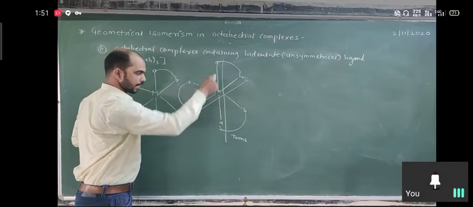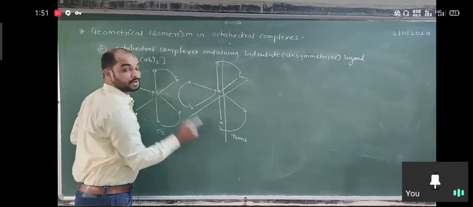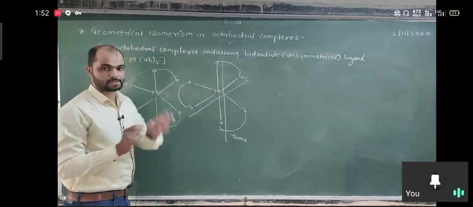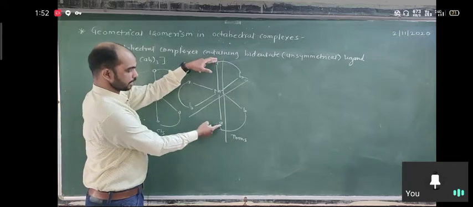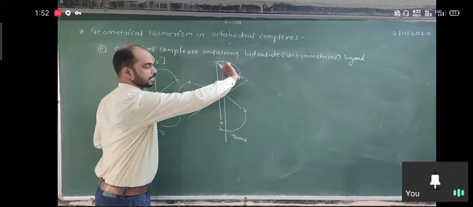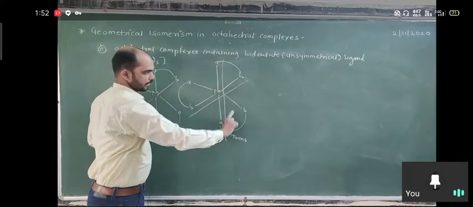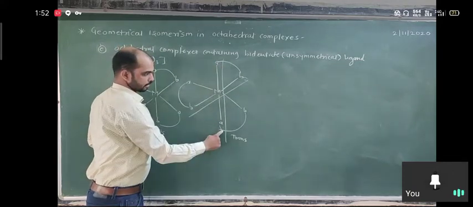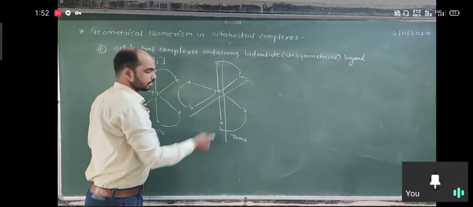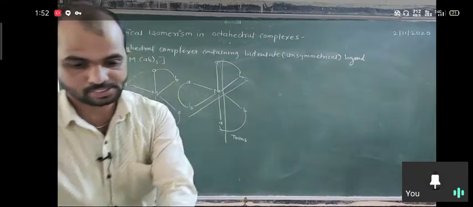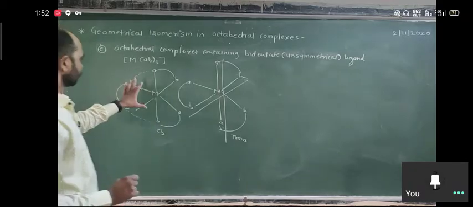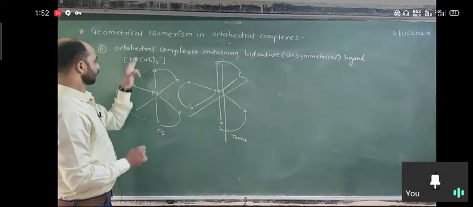So in a trans, both the similar ligands' donor atoms, that is the A donor atom of the first and the A of the second bidentate ligand, are opposite each other. Consider this as one ligand and this as another ligand: the A of one is near, while the B of the other and the B are opposite each other. So these are trans positions, these are trans positions. Using this concept, we easily draw the structures of cis and trans isomers in the case of AB3.